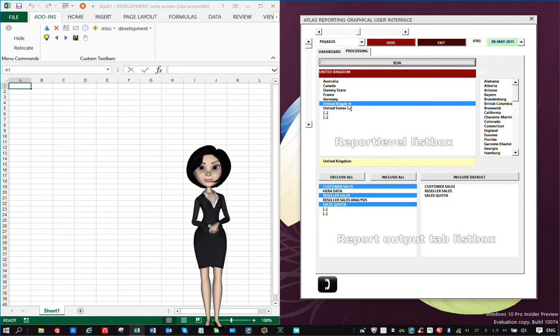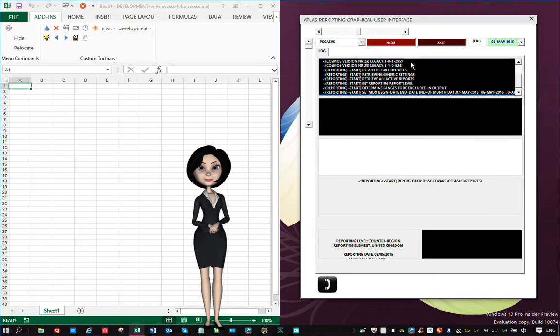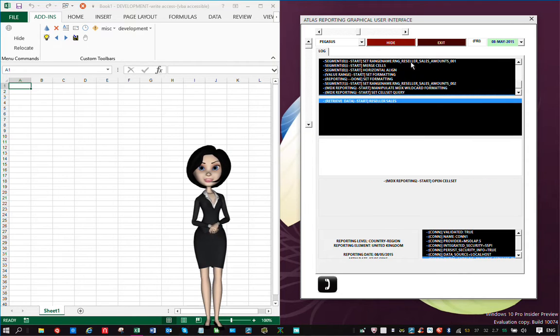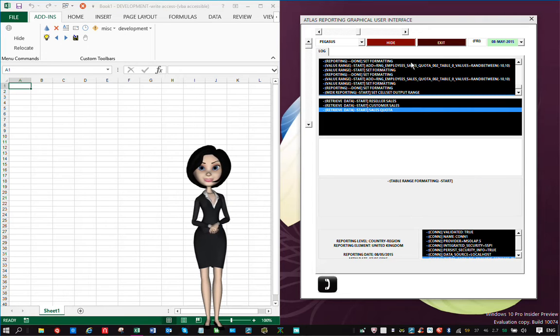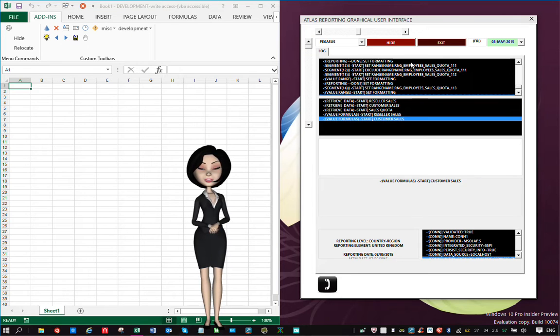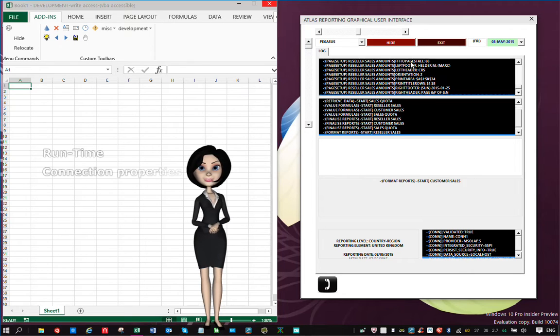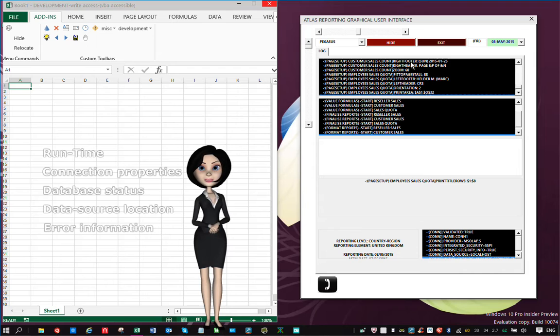To generate the output report, click the Run button. A progress report is being shown in the Log tab. This report is by default also available as a log file, which can be used for regulatory and audit purposes because it contains all necessary information. Examples are runtime, connection properties, database status, data source location, and in case of issues, the error information needed to